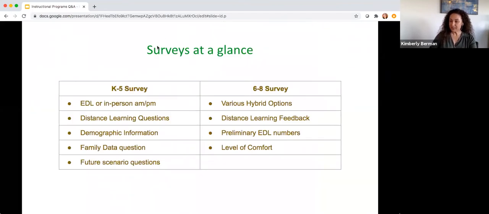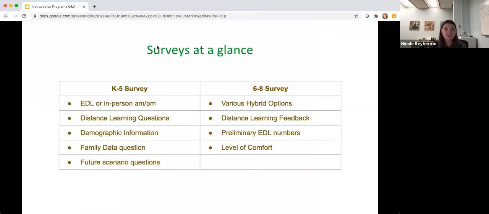Nicole is going to speak to us about the surveys that you received this week and the information that we're taking from those. Good morning or good evening, everyone. This week, we really wanted to make sure that we got our surveys out to our families so we could gather the information that we need to make our decisions going forward. So the intended purpose of these is to gather the information on how our current distance learning is going, and to request from the K-5 families whether we're requesting in person or the extended distance learning.